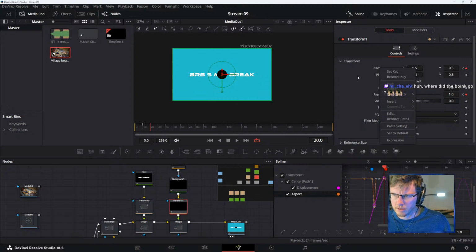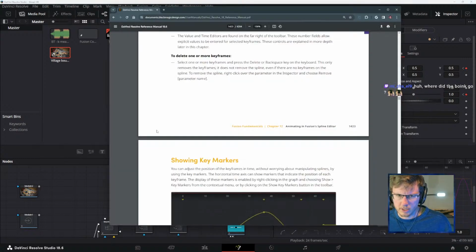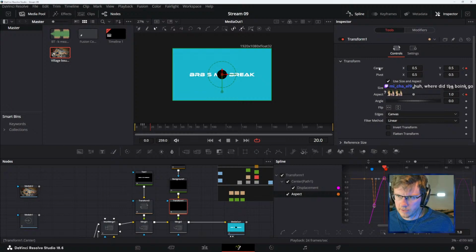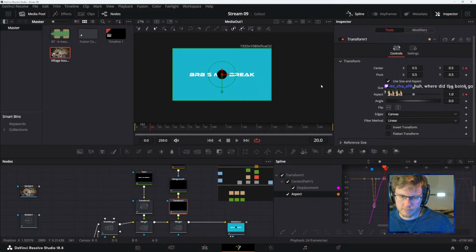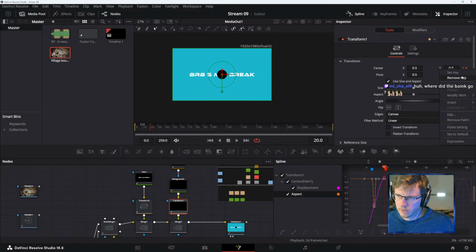Remove key, I think. I don't want to press it. I'm not going to press it. No, we can't live scared. We got to press it. Remove key. Oh, that was just one key though. And then Control Z, we're back. Is that the default? It was on default at this point. I'll reset the whole thing.